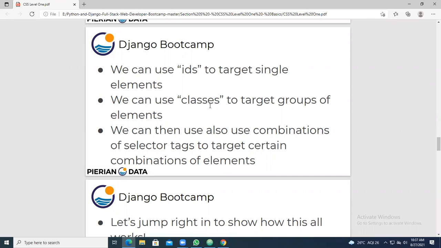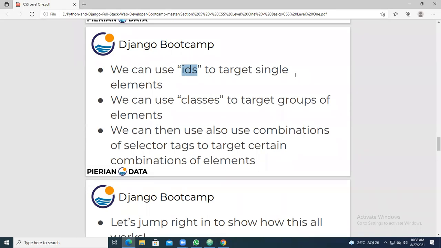Each and every one we call an element. Inside one div, you can have a paragraph, a list, anything else. That comes under a group of elements. You can use an ID for a single element, like H1 or H2.